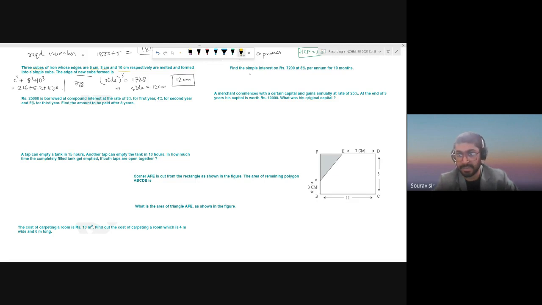Next, we have a sum on simple interest. Find the simple interest on 7200. Rate is given, time is given, 10 months. Now, this is per annum, right? That means per year. But our time is given in months. So to convert it into years, we'll make it 10 by 12 years. So then our SI would be